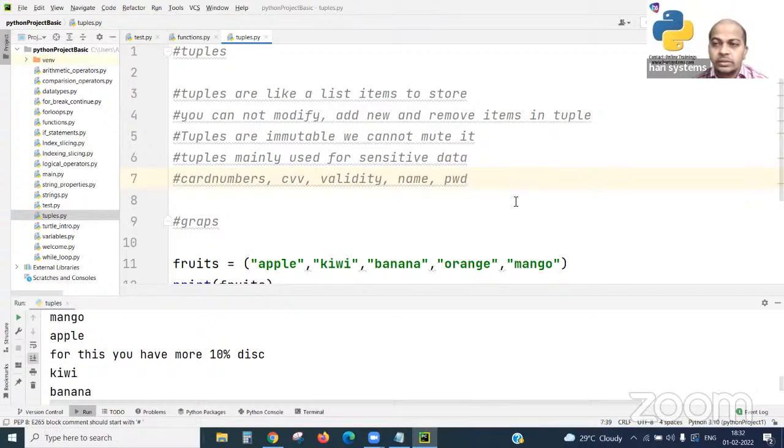Even online transactions, usernames, passwords, bank account numbers, and amount transfers, all will be very sensitive data. Even if a person has personal data like mobile numbers or other numbers, PAN numbers, these are also very sensitive data for a person. His privacy. Who will put all these details openly? Wherever it is highly important, where we need to put the data in a high secure zone, we can use tuples.